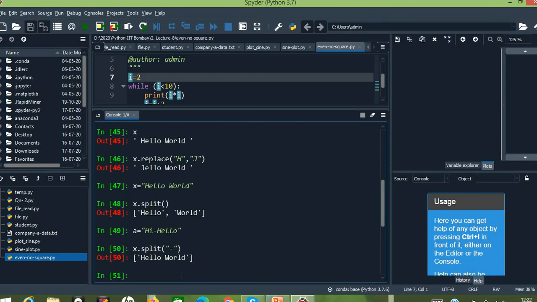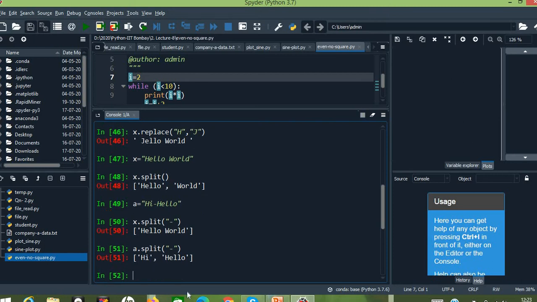So you can see the output, it has been separated. I'm sorry, I have to go for a dot split, right? So we can see that hi, hello message, in between we have a hyphen, but we have separated with the help of hyphen, we have separated this string into the substrings, right?